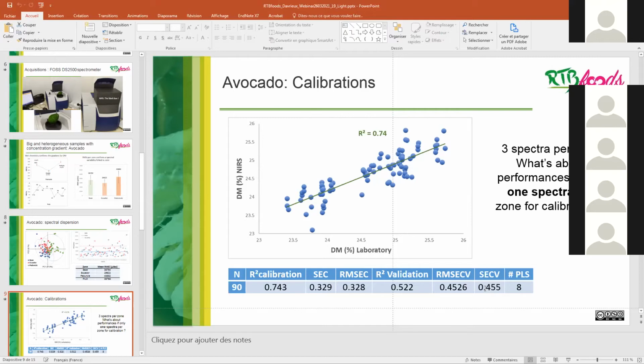And we also started to do the calibration for fat content as well, and I'm sure it will work as well. So it's special because it's dry matter and fat content, and we know that, especially in avocado, that is the major constituent. It's not carotenoid.